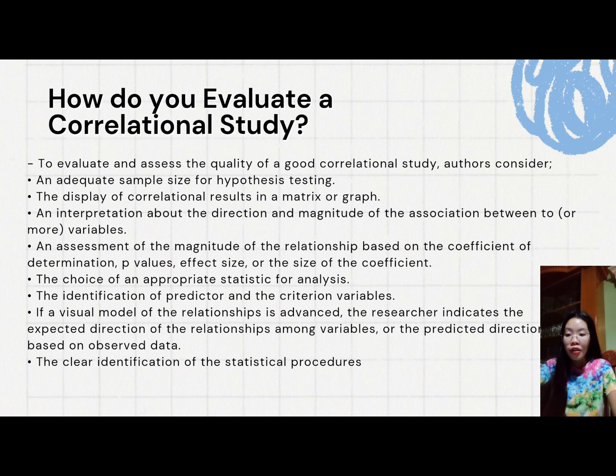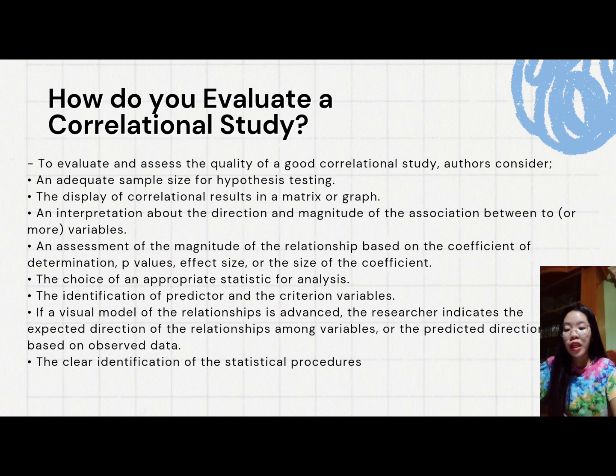So, to evaluate and assess the quality of a good correlational study, authors consider an adequate sample size for hypothesis testing, the display of correlational results in a matrix or graph, an interpretation about the direction and magnitude of the association between two or more variables. So for us to have a better understanding about our results on our research, we must put the results in a matrix or a graph